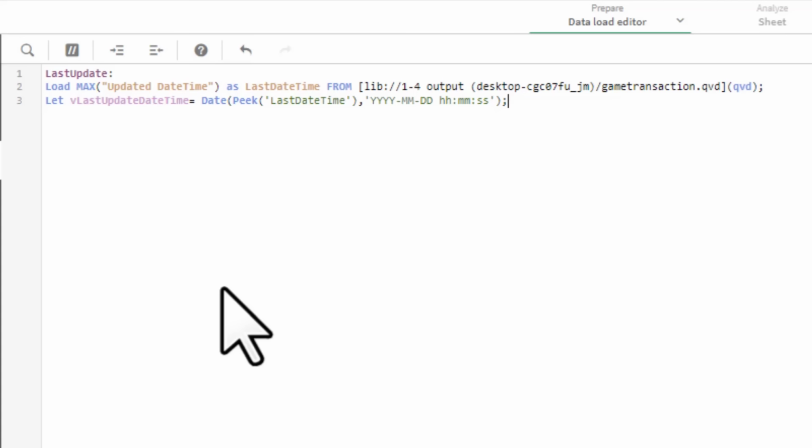On the other hand, the peek function was used to return the value that has already been loaded. With the value in its proper format, it is then saved into a new variable called vLastUpdateDateTime, which we will use later in conjunction with a where clause to filter the records taken from the database. Since we now have the last update date time, we can drop the LastUpdate table that was created. In a new line, type in drop table LastUpdate;